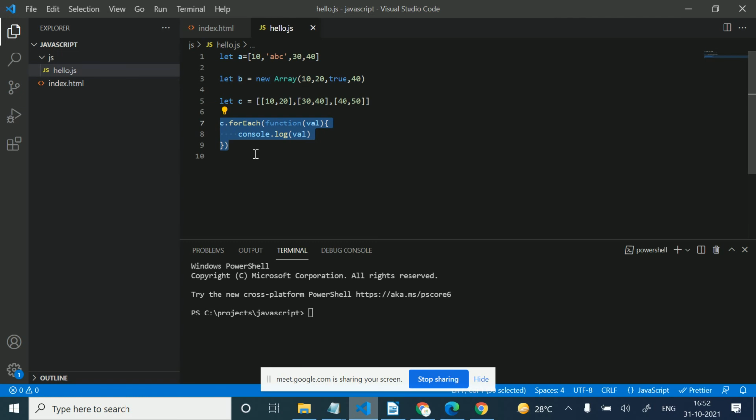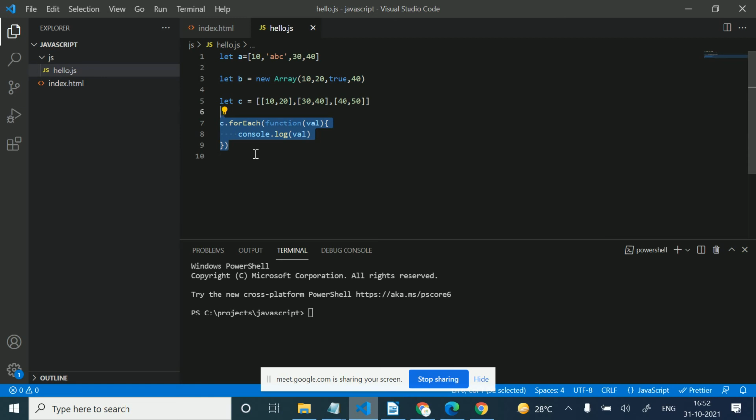So this is all about the array, and now we are moving to functions. We have two types of functions. JavaScript provides some predefined functions, like inbuilt functions, and we can also create functions in JavaScript as well. These are called user defined functions.